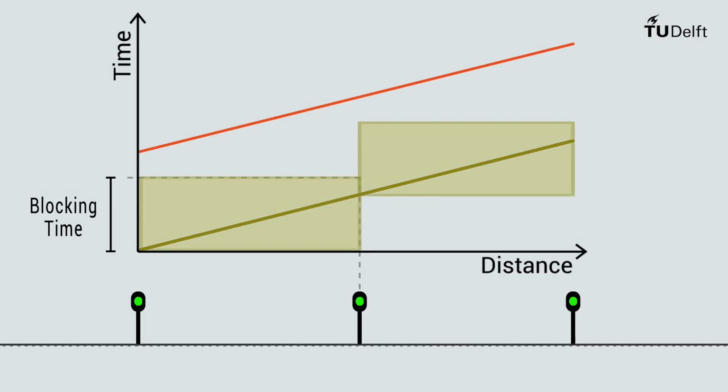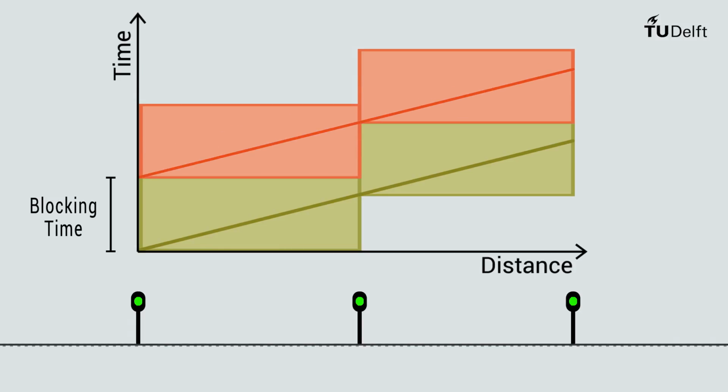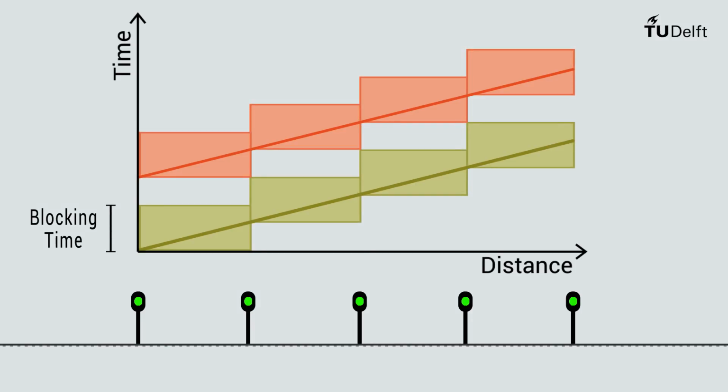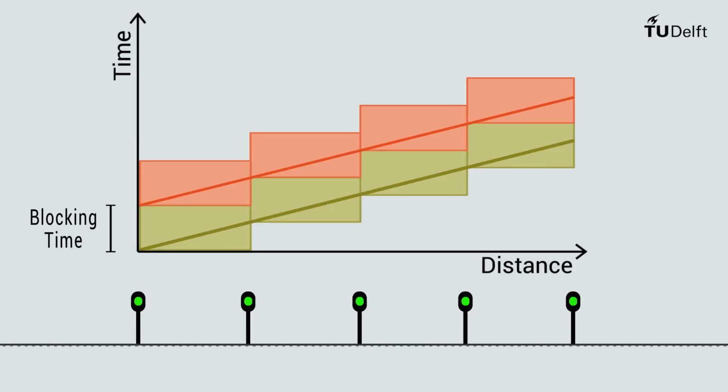In the time-distance diagram, this can be indicated by blocks. The so-called blocking time stairway represents the operational use of a line by a train. Blocks of other trains may not overlap. The blocking time is the minimum time interval between 2 trains. A way to improve capacity is by modifying the signaling arrangement. More signals means shorter blocks. By increasing the number of block sections, the minimum distance between trains is reduced and capacity increases.